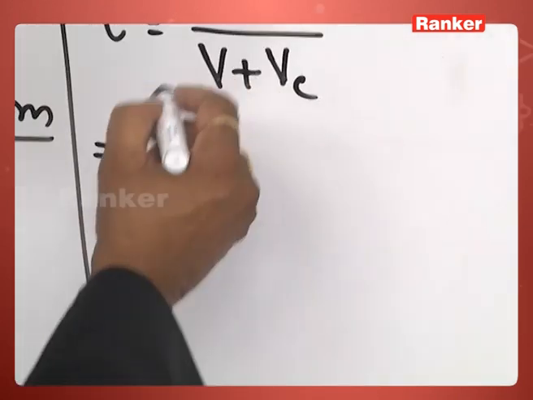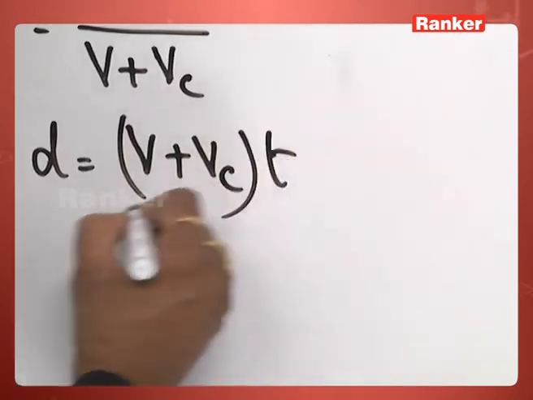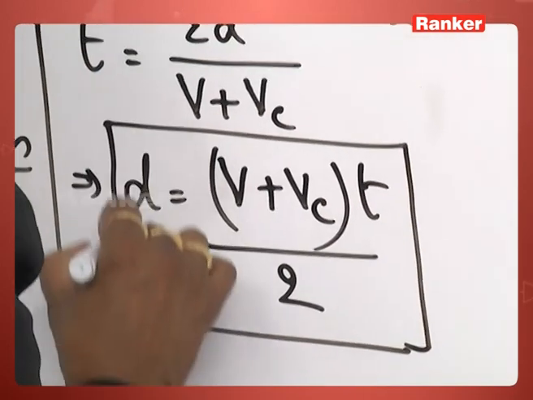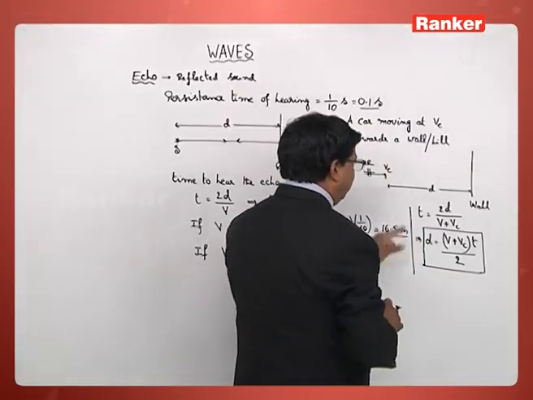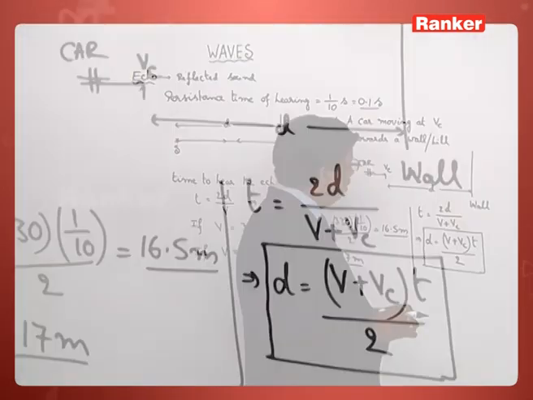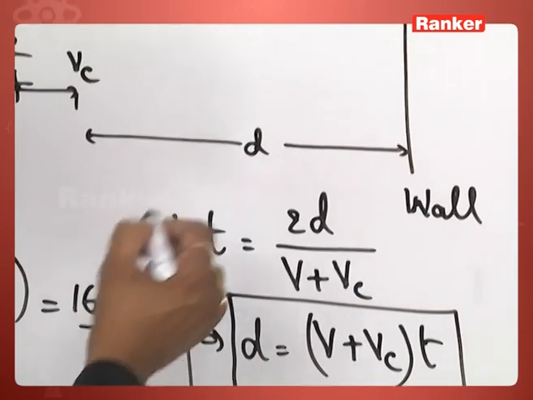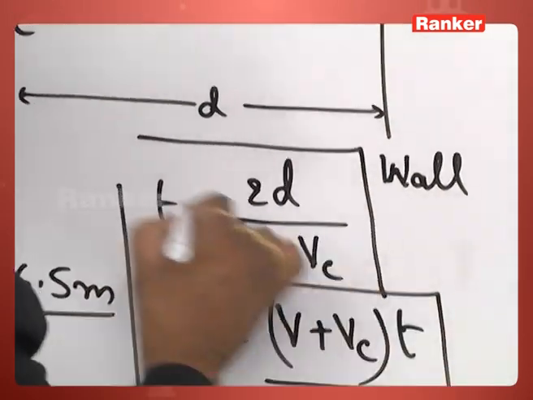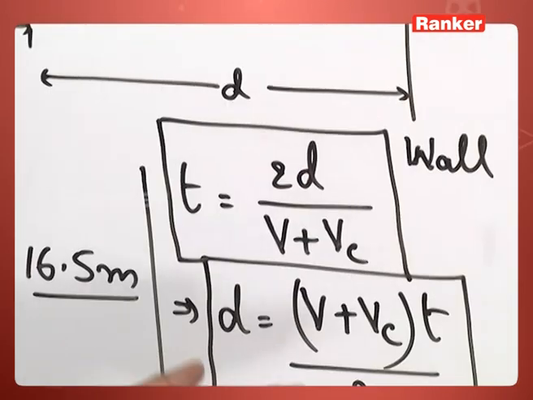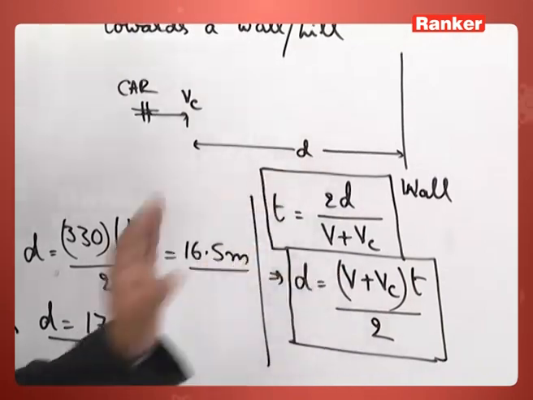Then, what must be the distance at which he is blowing the horn? Suppose they may ask you. That time we can write it is (V plus Vc) into T by 2. So, at what distance can he blow the horn so that he can hear the echo after T seconds? That is a question they may ask you. Or else, by giving you the distance at which the horn has been blown, they may even ask you after what time he could hear the echo. So, two cases over here, only the formula is the same in a different way. Only the format is different, that is all.